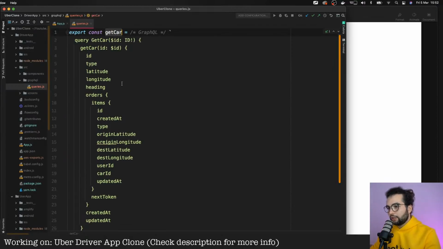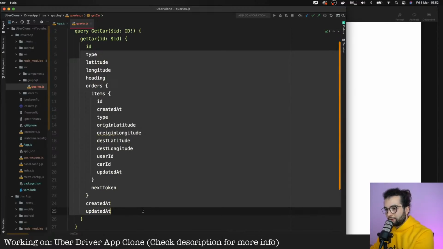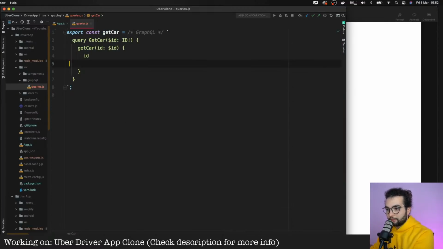But we actually don't need that many fields. We need only to see if the car with this ID exists or not. So probably we will delete everything except the ID. So the query will be a bit more optimal, because that's the idea of GraphQL. You query only what you actually need.